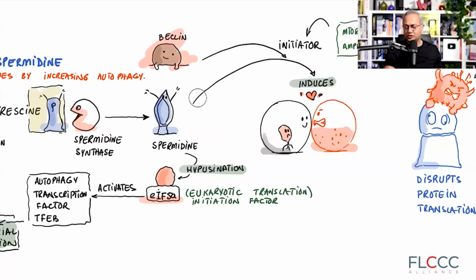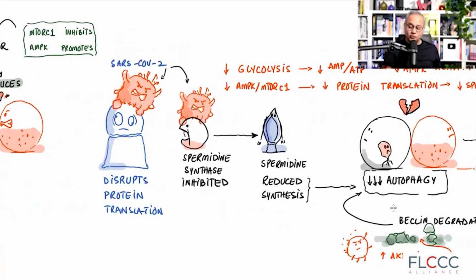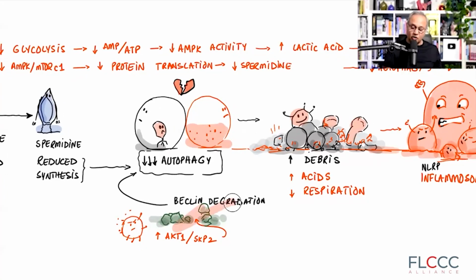So there is another protein called beclin, which is also in the cell. Beclin's function is to initiate autophagy. And it does that by working with two proteins it uses. SARS-CoV-2 also destroys beclin. The spike protein and the other virus proteins cause an upregulation of two other proteins in our cell, which in turn go and destroy beclin. And when beclin is destroyed, then the autophagy is reduced again.